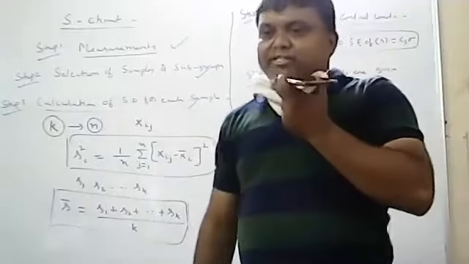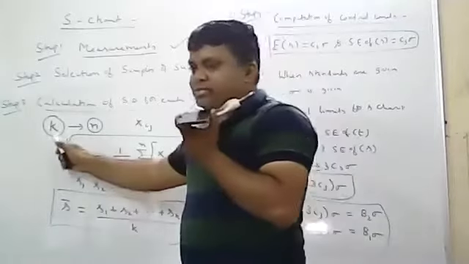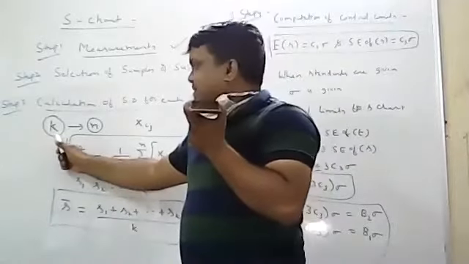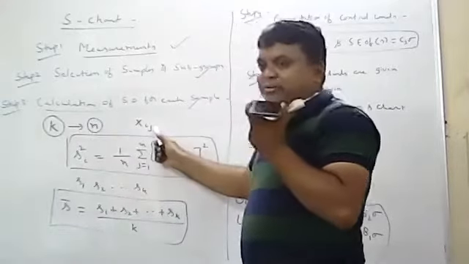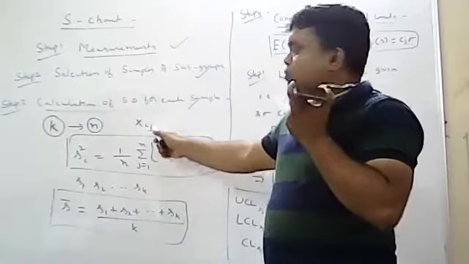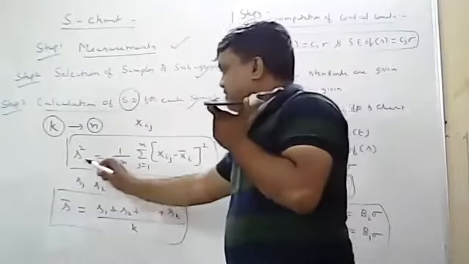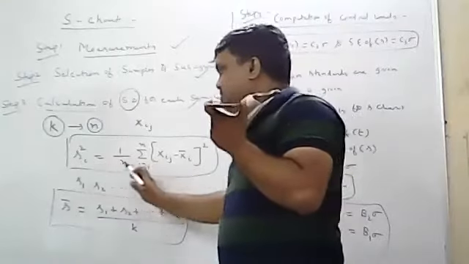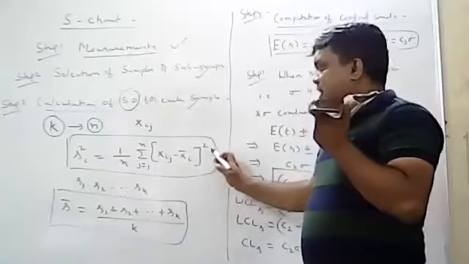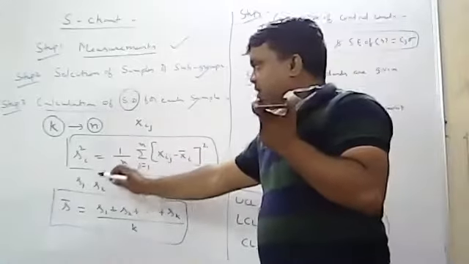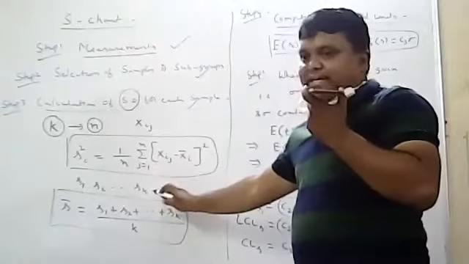Calculation of standard deviations for each sample. As I have already told, how many samples have you considered? K samples. Each sample consists of how many observations? N observations. What is the measurement you have considered? The measurement is Xij. Now what do you have to calculate? You have to calculate the standard deviation for each sample. The sample variance formula, all of you know: S_i squared equals 1 by n, summation j equals 1 to n, (Xij minus x bar i) whole squared. If you use this formula, putting i equals 1 to k, you will get S1, S2, and so on up to Sk.